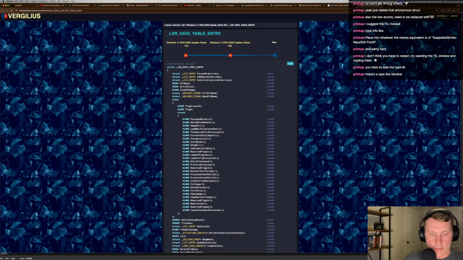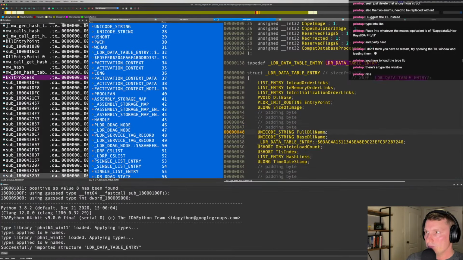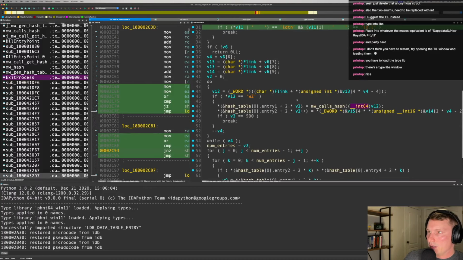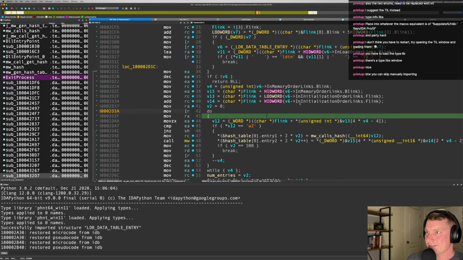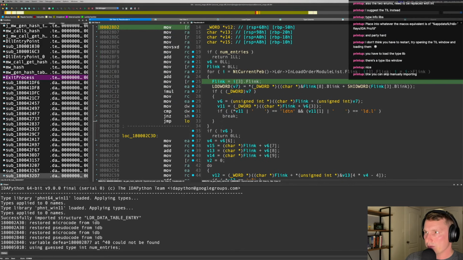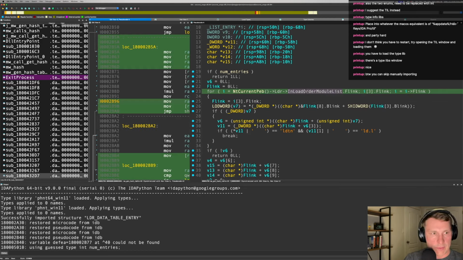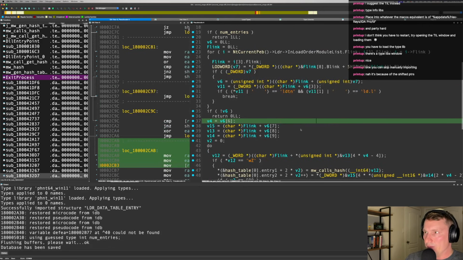Loader data table entry. Okay, so I'm assuming we want the loader data table entry and not the 32-bit version. Cool. All right, let's see if that helps at all. Thanks, printup. Appreciate it. Okay, let's try. No, it's the same thing. It must be a different struct. Unless these FLink entries are different than what I remember. Manually importing, you can skip manually importing, what? Oh, it's because of the shifted pointers. All right, let's,